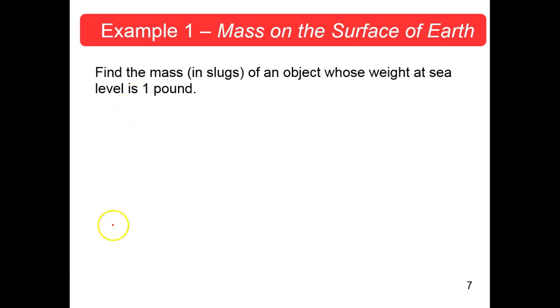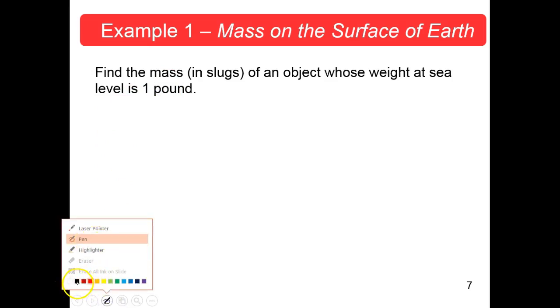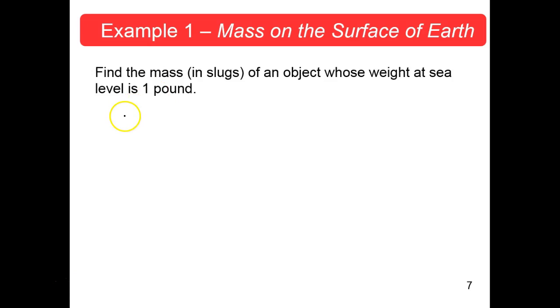So how do we relate the mass to weight? Okay, mass, well, let's do it the other way. Weight is equal to mass times the acceleration, and we're going to use g. So we're looking for mass, so let's divide both sides by g. G whiz, okay? So mass is equal to weight per unit acceleration of gravity, which is 1 pound